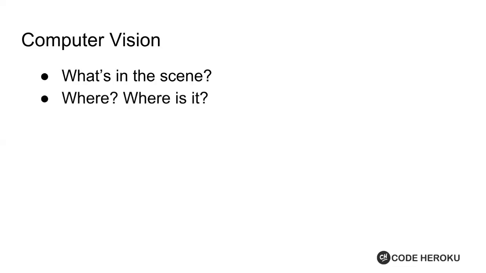Let me tell you what are the three basic areas that computer vision tries to cover. When we talk about computer vision, we are talking about what is inside the scene. We are trying to understand, just like you did with the tags over there, what's in the scene. You were trying to tell me that it's a concert, it's a cell phone, some people are busy. You were trying to get the context from the image. That is one of the objectives of the field of computer vision: trying to understand what's in the scene.